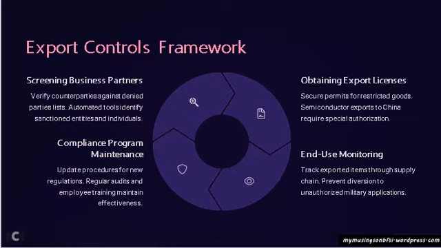Then what are the export controls and compliance challenges? Screening business partners is what corporates will have to do. Having a program to maintain compliance with sanctions all the time. Have the processes updated and the data updated. That is another requirement. Go in for an export license or import permission whenever the goods are suspected to be dual use, etc. And then monitor the end use, who is the end user of the goods and where it is going, to prevent violations.